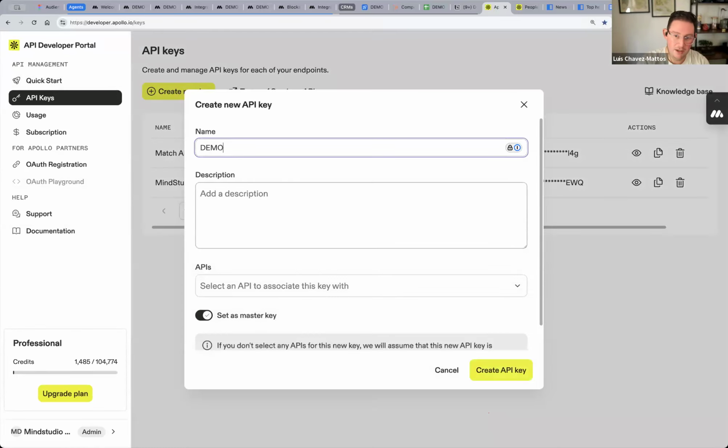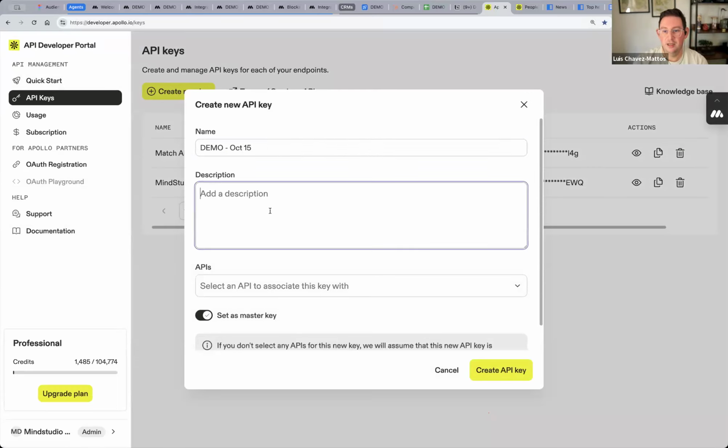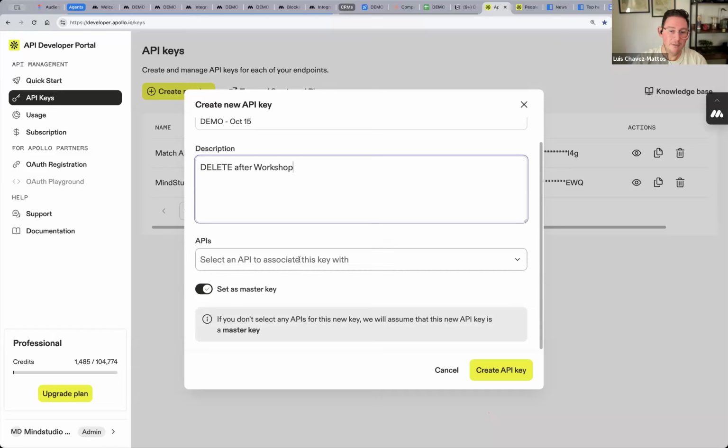You'll name the key. I'll call this demo October 15th. And then we'll say delete after workshop. And then some services, this is where you're going to want to, I'll teach you how to do this, but read the documentation to see what you actually need because there are a lot of different things that you can do with